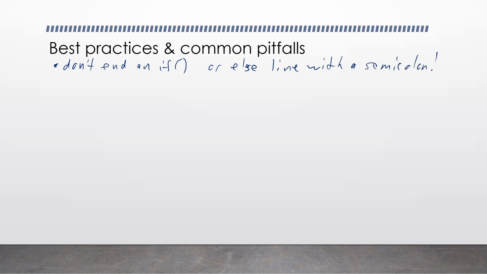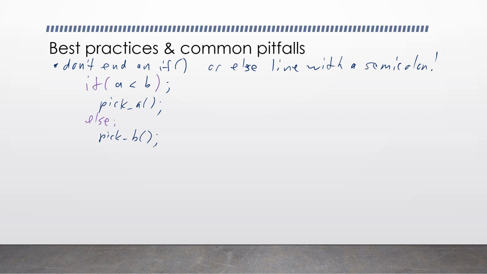If you were to type if A less than B semicolon, and then your next line was to call the function pick A. And then you were to put else semicolon pick B,